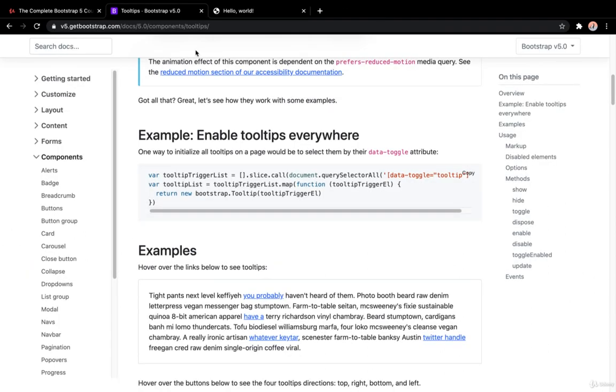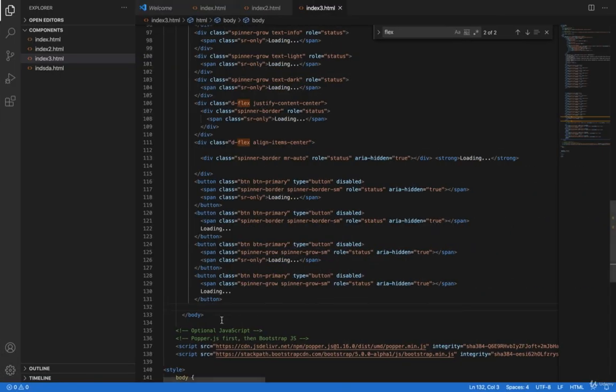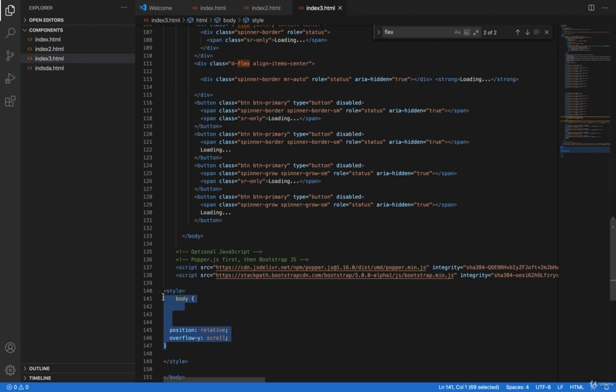In this video I have the tooltips. Okay, so now I have the example. Enable tooltips everywhere. I will copy this part and paste it for the script. I will delete all of this and I will make a script